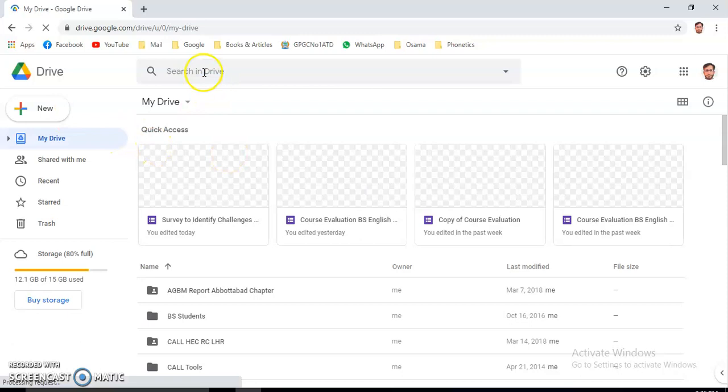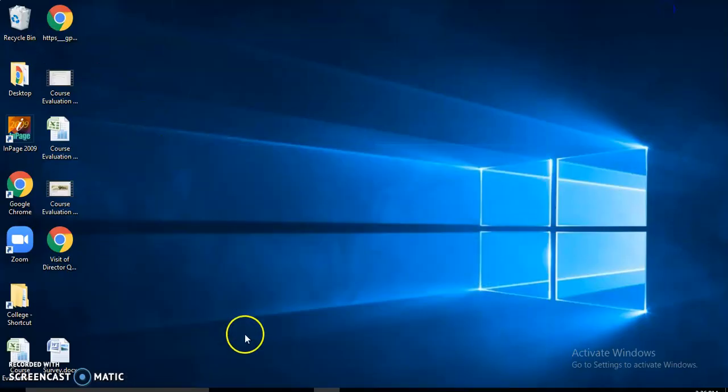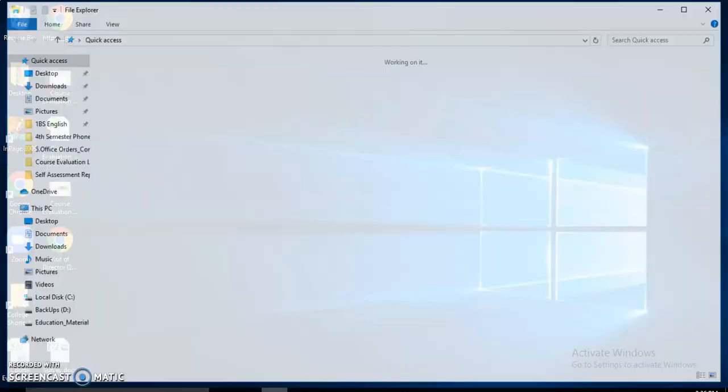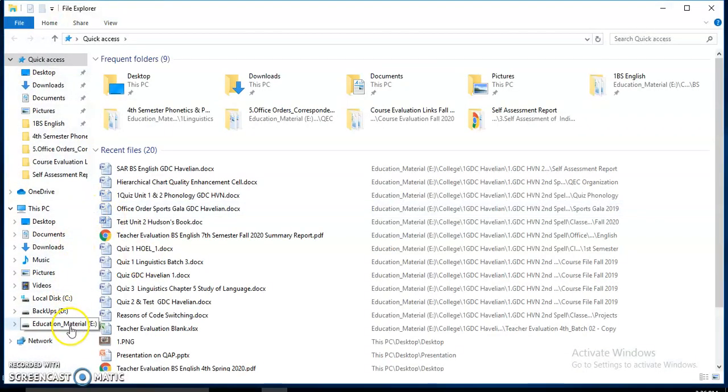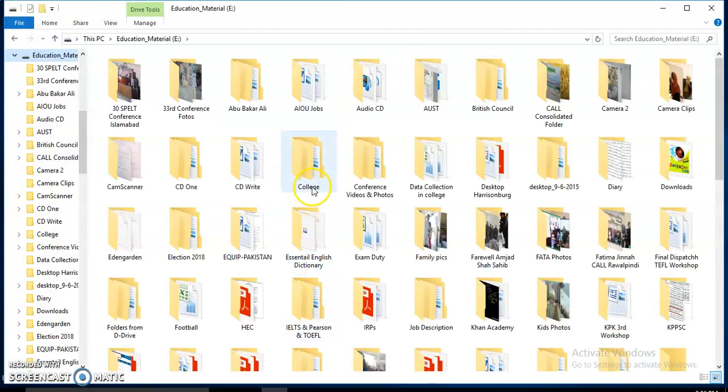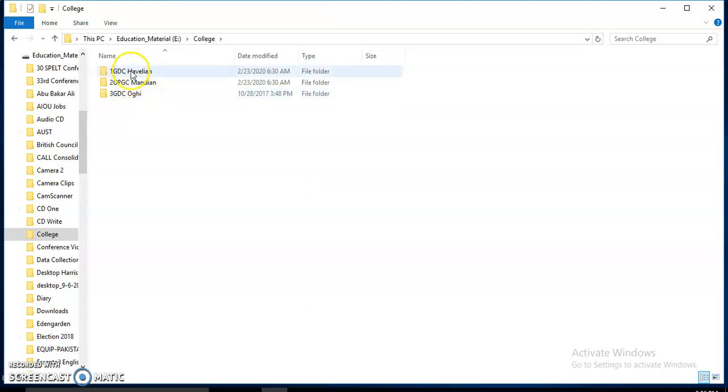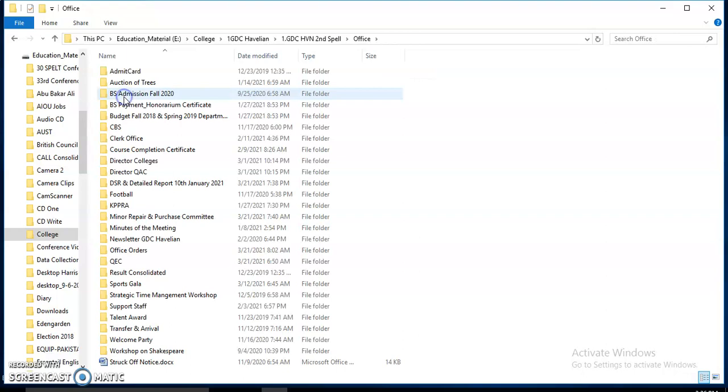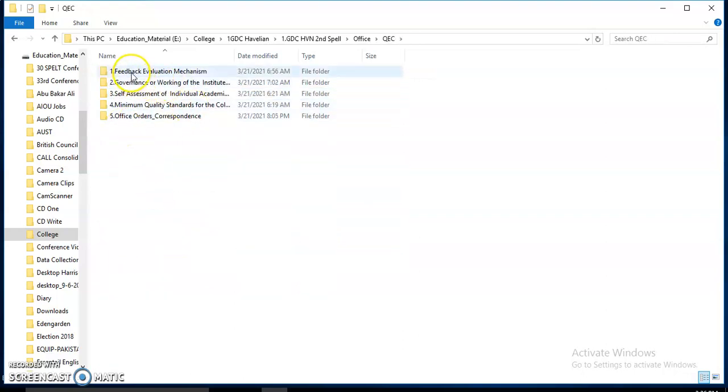So usually, let me first show you my own forms, how I maintain my data. I'm going to share my screen with you. So this is my college, and here you can see I'm visiting my feedback and evaluation mechanism. This is one of my folders.